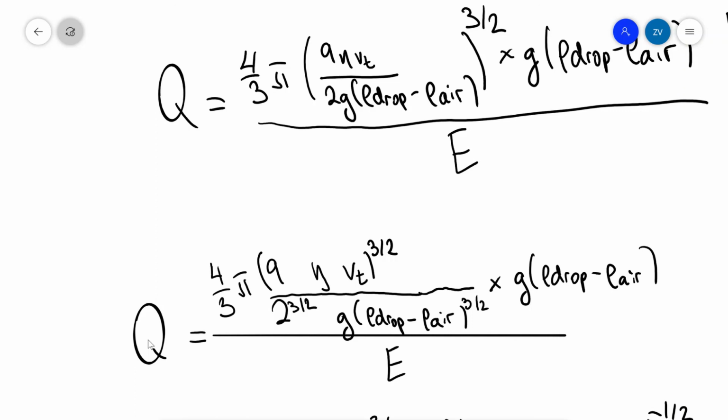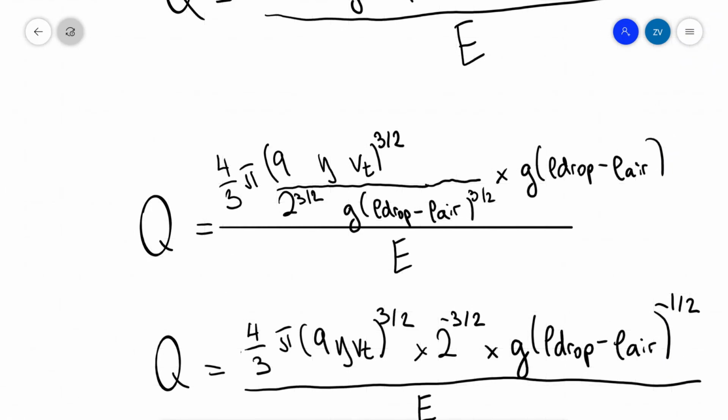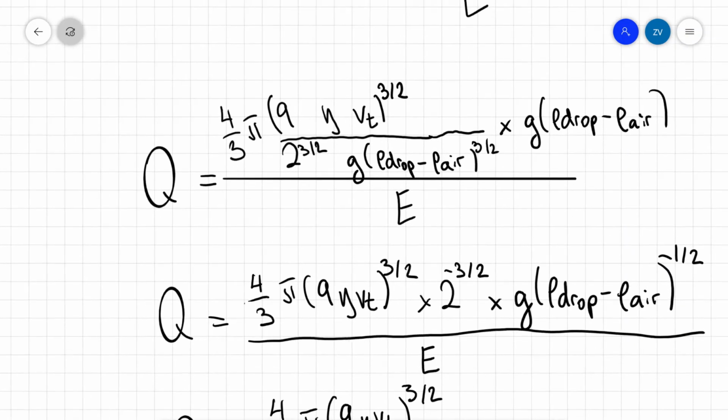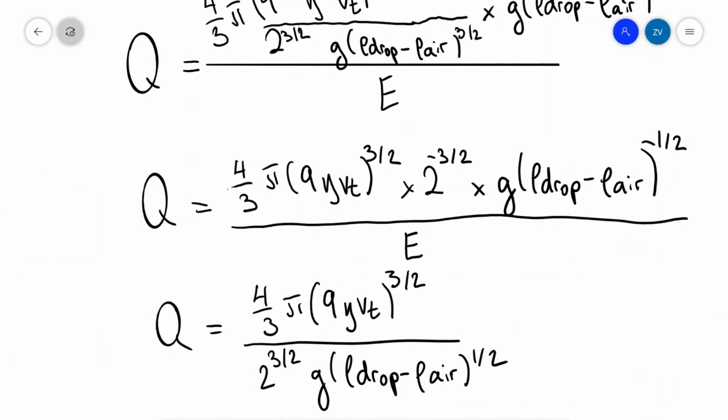and when this experiment was performed, this was actually one of the trickiest bits, because it was incredibly hard to actually measure the radius of a drop accurately. Now, what I've done then is just tidied the expression up, which may or may not score you marks. I personally doubt it, because we already have an equation for Q in terms of E, but if you have a little bit of extra time to just tidy this expression up,